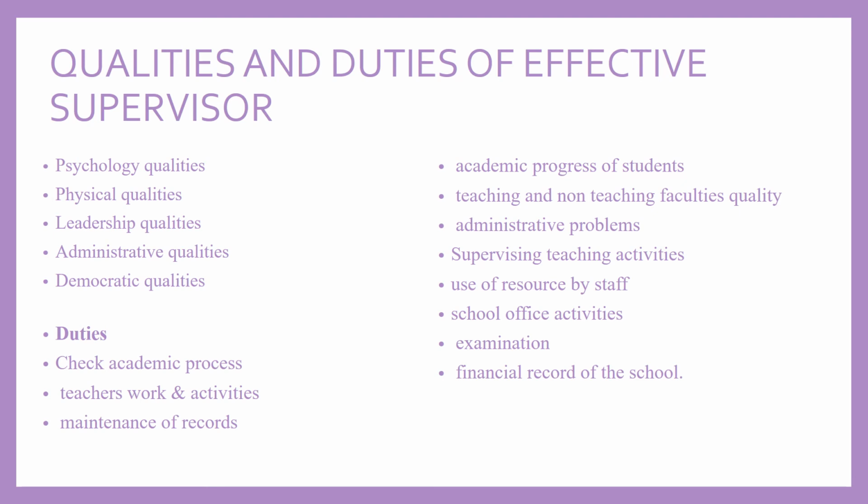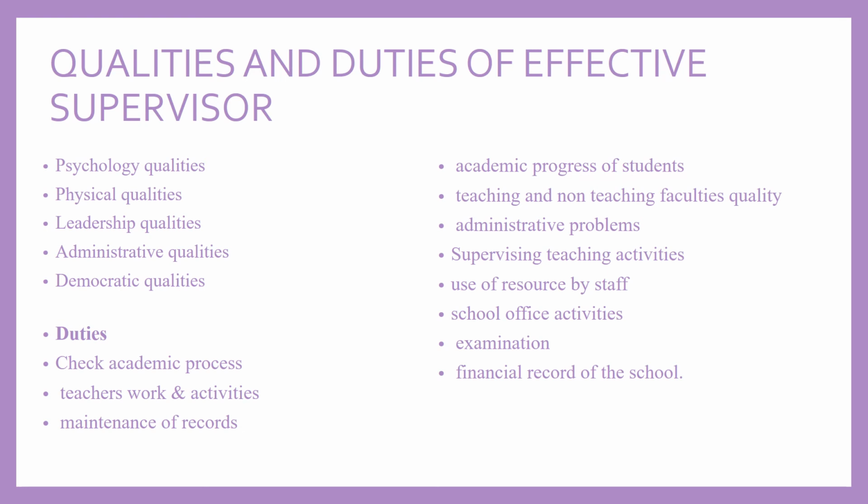Now we shall see what the qualities and duties of an effective supervisor are. Normally a person who is going to be an inspector or a supervisor should have some basic psychological qualities. What are the psychological qualities? He should have a sociable nature, friendliness, persistence, self-confidence, awareness, adjustment, intelligence, a dynamic personality, positive mental health, good verbal ability, sense of humor,